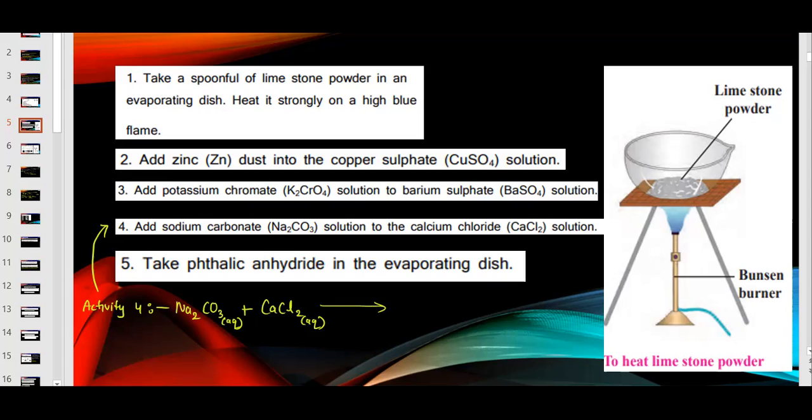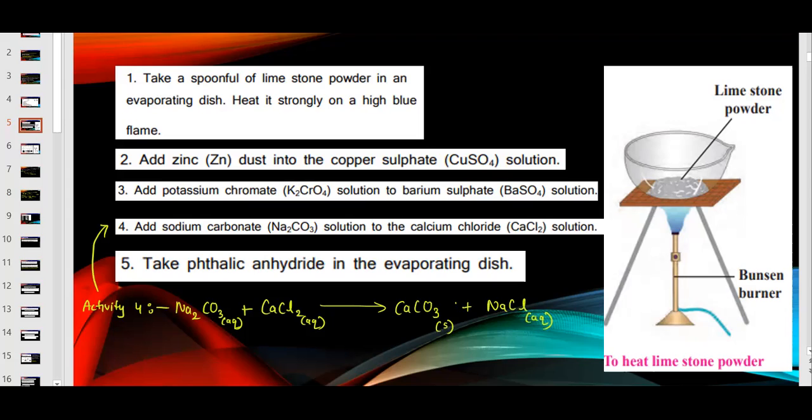What is going to happen here? Again, here it is going to happen a double displacement reaction. अभी मैंने बताया आपको डबल डिस्प्लेसमेंट रिएक्शन का मतलब है सोडियम और कैल्शियम दोनों अपनी जगह एक्सचेंज करेंगे. So sodium will go to the chloride, क्लोरीन यहाँ पे क्लोराइड की तरफ, और कैल्शियम जाएगा यहाँ पे कार्बोनेट की तरफ. So it will give you CaCO3, which is solid, and sodium chloride NaCl, which is in aqueous solution. This is going to happen.